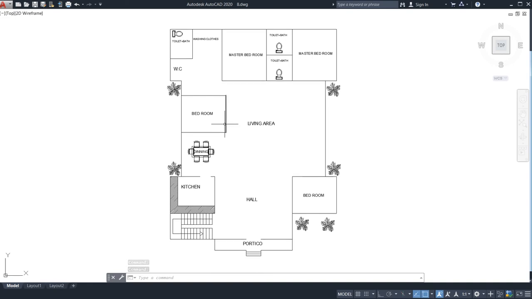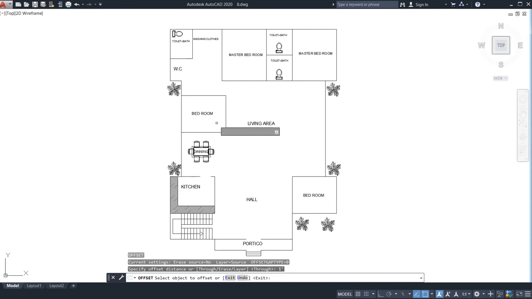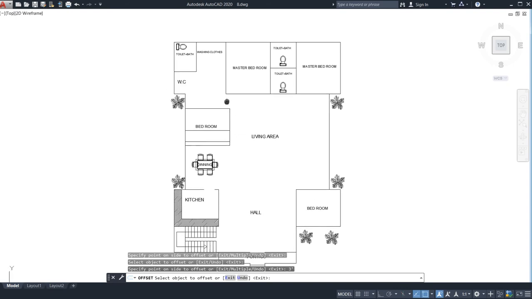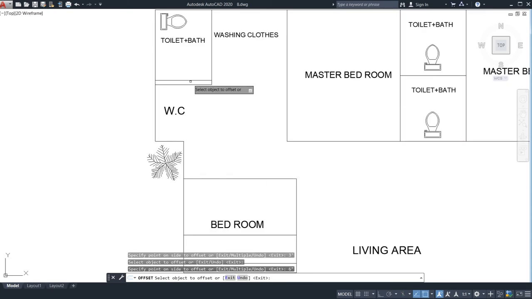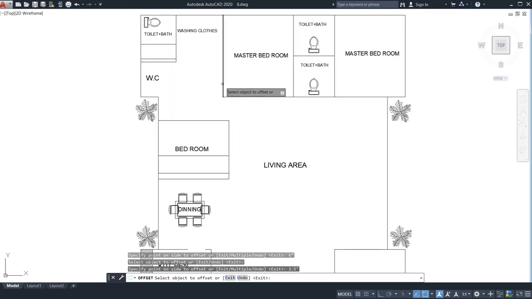Now, where you want to keep your door, you can keep. This is only the line diagram, this is not the exact plan. So I am doing it like this, 3 feet. In the same way here also I need to provide some 6 inches and keep the door size of washrooms at 2.5 feet. This will definitely be helpful for you.